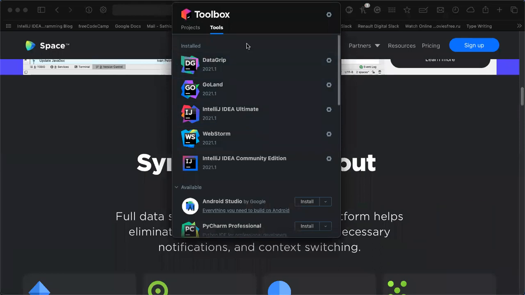Okay, in IntelliJ we have a lot of different IDEs for each and every programming language and different kind of purpose. Most probably everyone knows IntelliJ IDEA Ultimate and Community Edition. Community Edition is fully free.